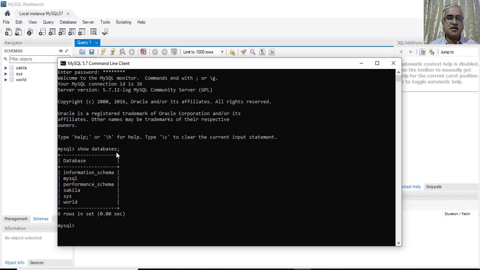This is done by the execute statement, and the MySQL query show databases is passed as an argument to the execute statement, and that execute statement will run that particular query at the cursor location, which is created by the cursor method. This is what actually happens at the backside by using connect, cursor, and execute statement.